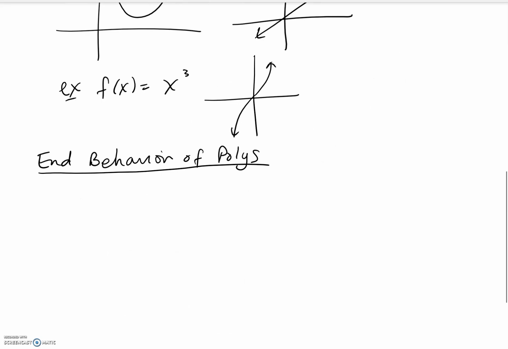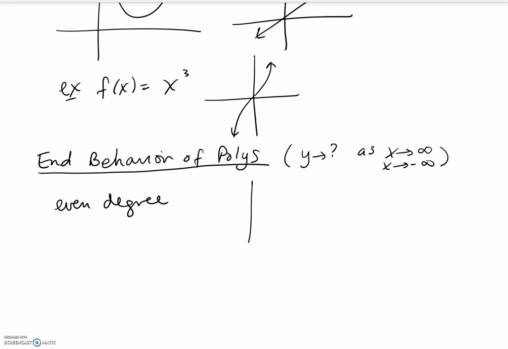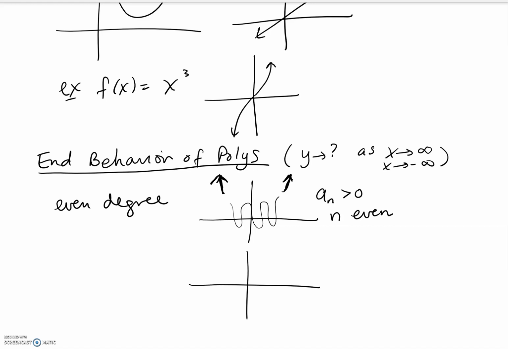So for the end behavior, I mean what happens to the y values as x goes to infinity and negative infinity for polynomials. So if I have an even degree for a polynomial, it's basically going to go and look like that. And then what happens in the middle could be crossing the x-axis or not. An even degree with a positive leading coefficient, so if a sub n is positive and the degree is even, your graph will look like that. If a sub n is negative, meaning the leading coefficient is negative and n is even, your graph